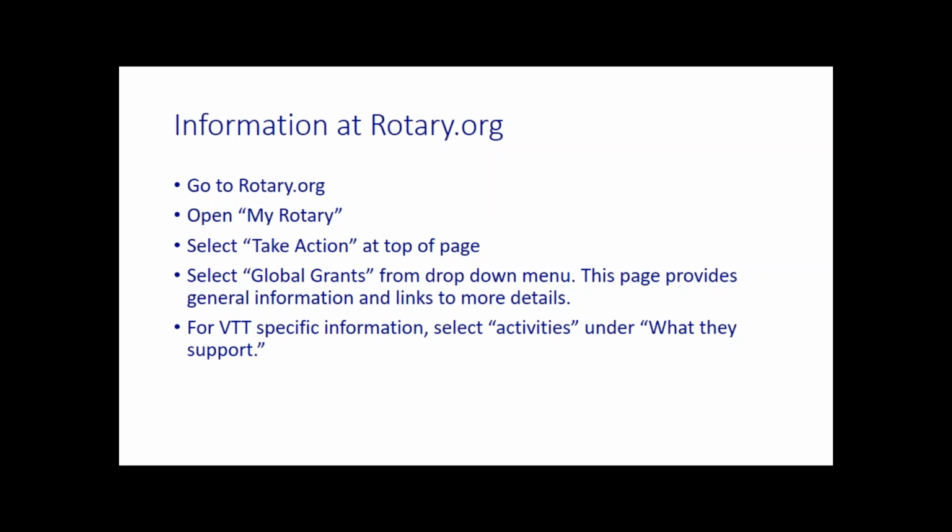Global grants we'll get from the drop-down menu, and then you can go to activities, and that's where you get there. And then once you're into a grant, you can select your grant, and then that shows up on the button, and if you're qualified, you can punch into your grant and see what's going on there. Does anybody else with experience have anything to add to that? Yes? No? Okay. Basically, you just have to push the buttons and see what happens, and you'll get there.